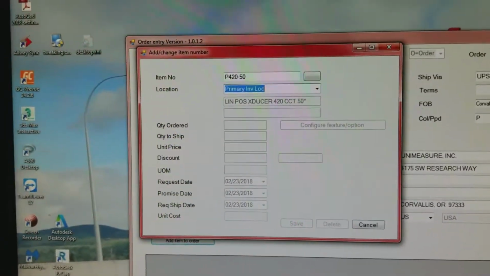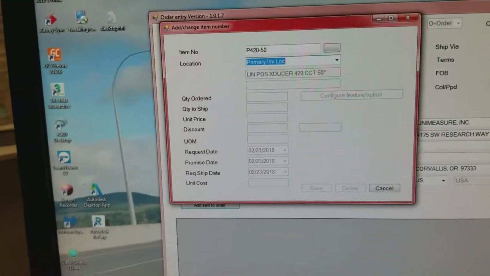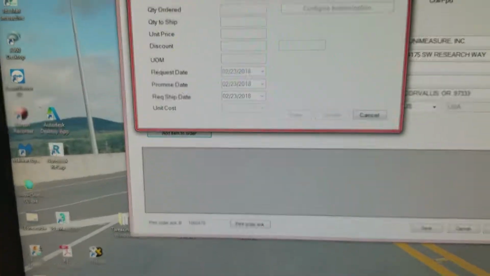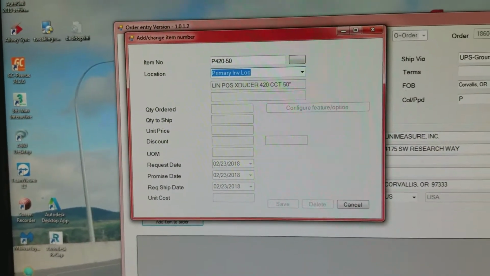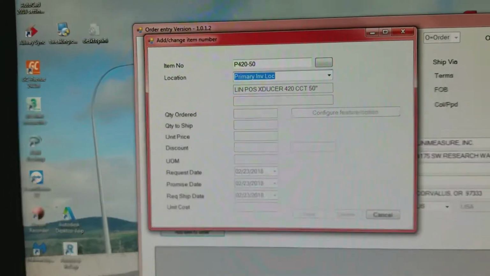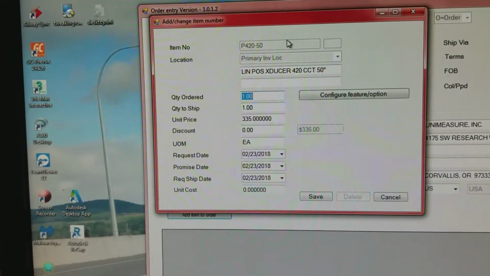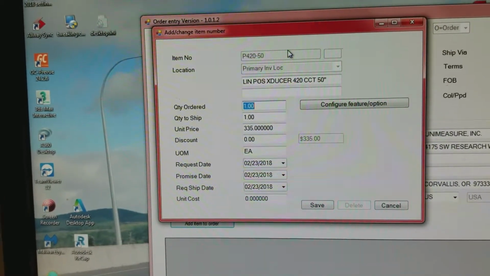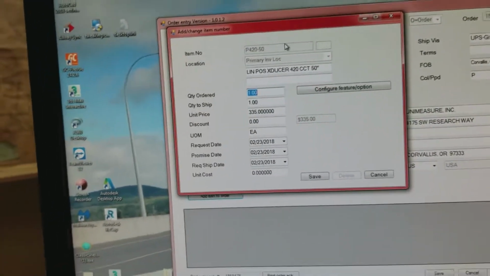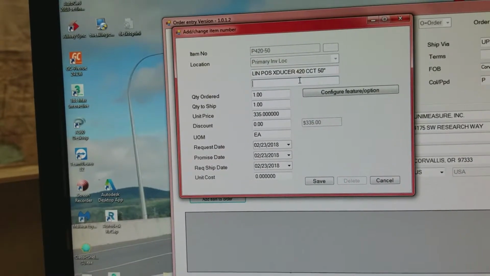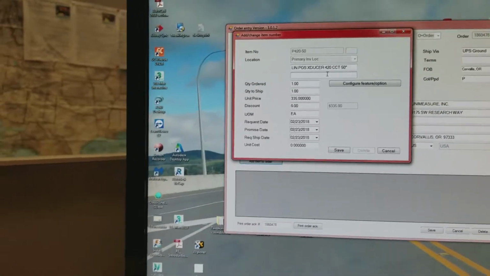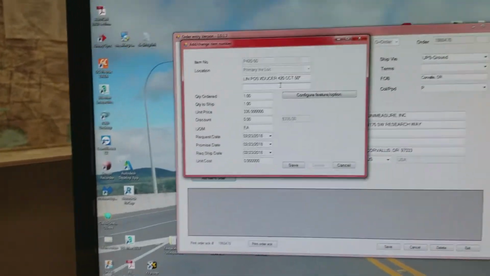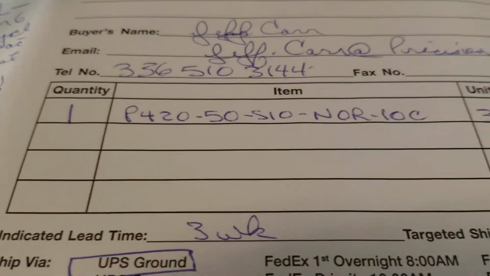Okay, now we have done a selection here, and I'm going to put in the model number. We're going to go through and do the selections, but P420-50 is the model. So now at this point, it pops down to quantity ordered, and really where I want it to go is to here, because the full model number, like for instance, on this order here, is a P420-50